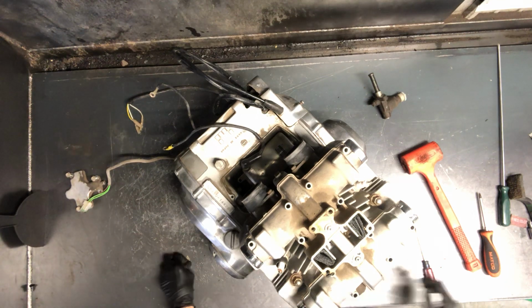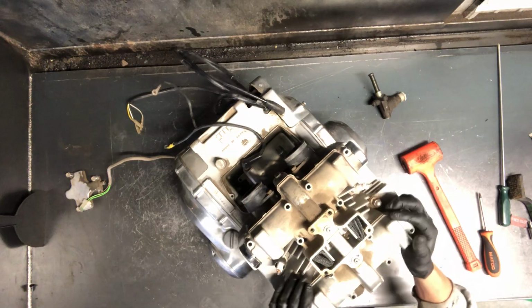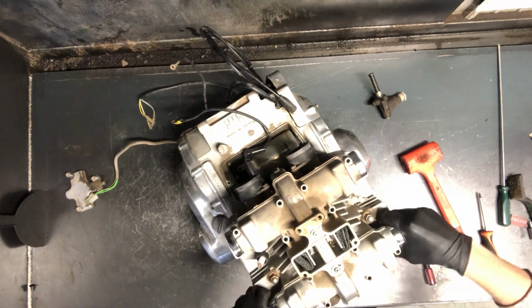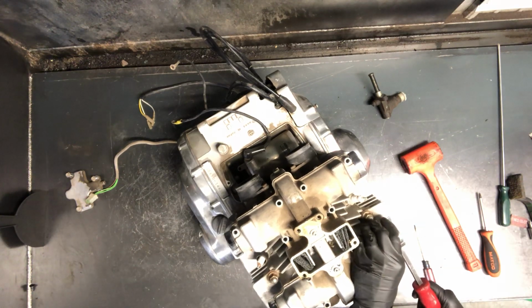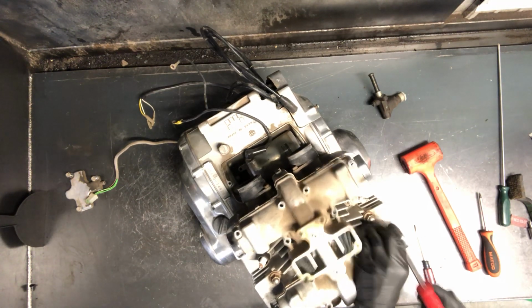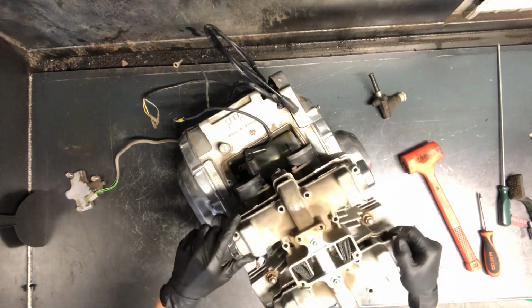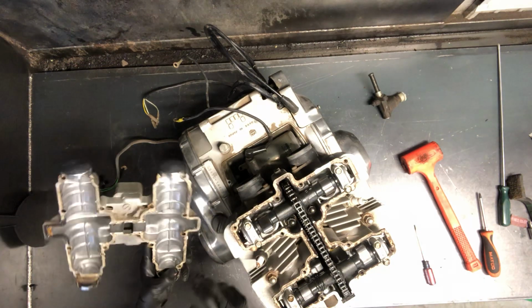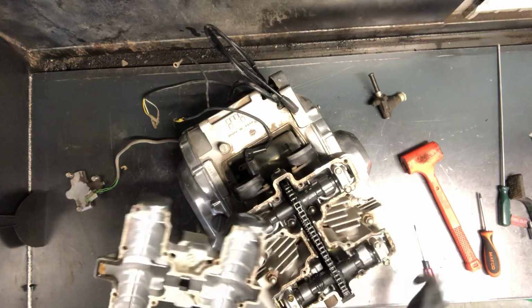All right, pulling this GS450 motor apart here. We've pulled all the 10mm bolts around the top there, and next we're gonna pull this top cover here. These sometimes will stick down just because of the gasket sealing it so well. You don't actually have to remove these caps. Some people think you do, but to remove them you actually have to pull this cover and get to those